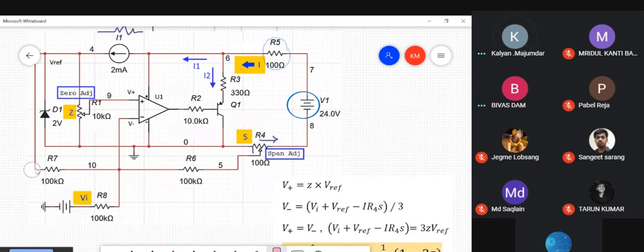One is because of V reference through 100K R7. That is one of the components at V minus. The second component is V1 through the same resistance 100K at V minus. And third is this particular voltage, which is loop current I into R4 into fraction S through the same resistance. So it is (VI plus V reference minus I R4 S) divided by 3. And you know, when an op-amp is operating in a linear mode, these two potentials are the same. So if you just equate these two,